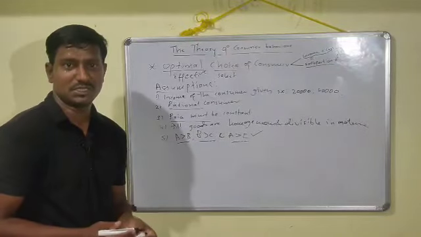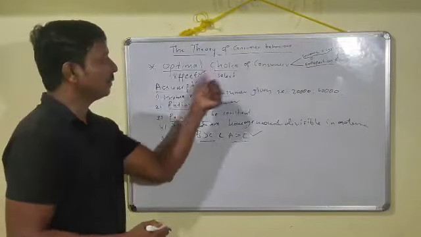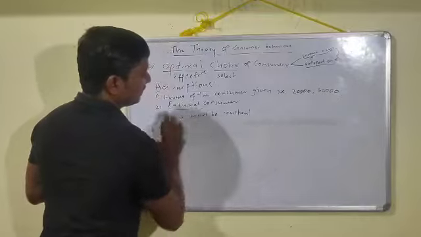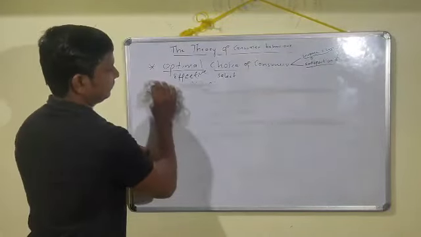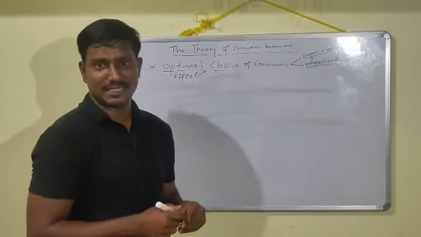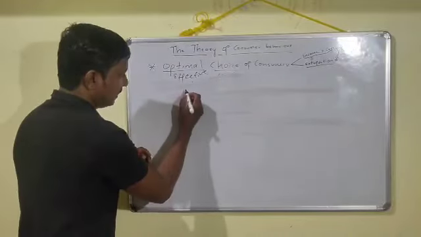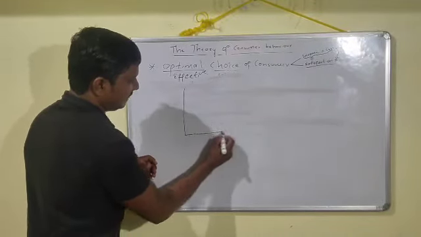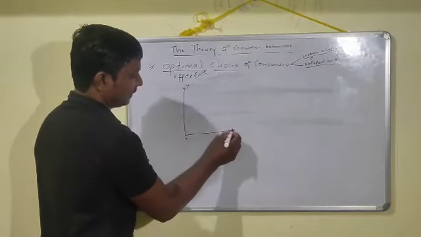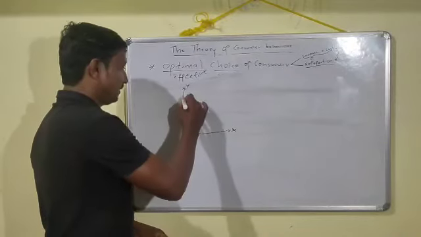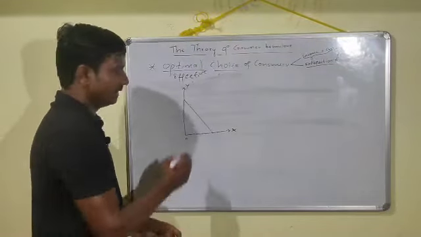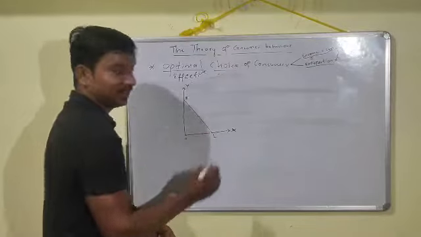By having these as the main assumptions in our mind, let us go directly to understand this optimal choice of the consumer with the help of a diagram. So let me go through the diagram here. I will just draw the diagram. The diagram consists of two things here: one is the budget line and the other is the indifference curve. So this is the OY axis and this is the OX axis, X and this is Y. Well, let me draw one budget line connecting the OX axis and the OY axis. This is the budget line, BL. In short form, we can also write this as BL, budget line.